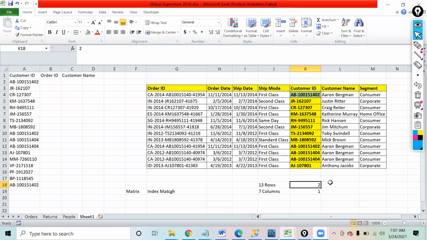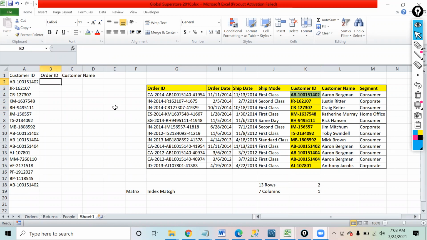Now, the reason for that is you said, okay, I am looking out for this value and this is coming over here in the second row. And then how did you get to know about column number 1? Because you said that I am trying to find the order ID. Correct? This is the thing that we did. Now the same thing has to go inside that index match.